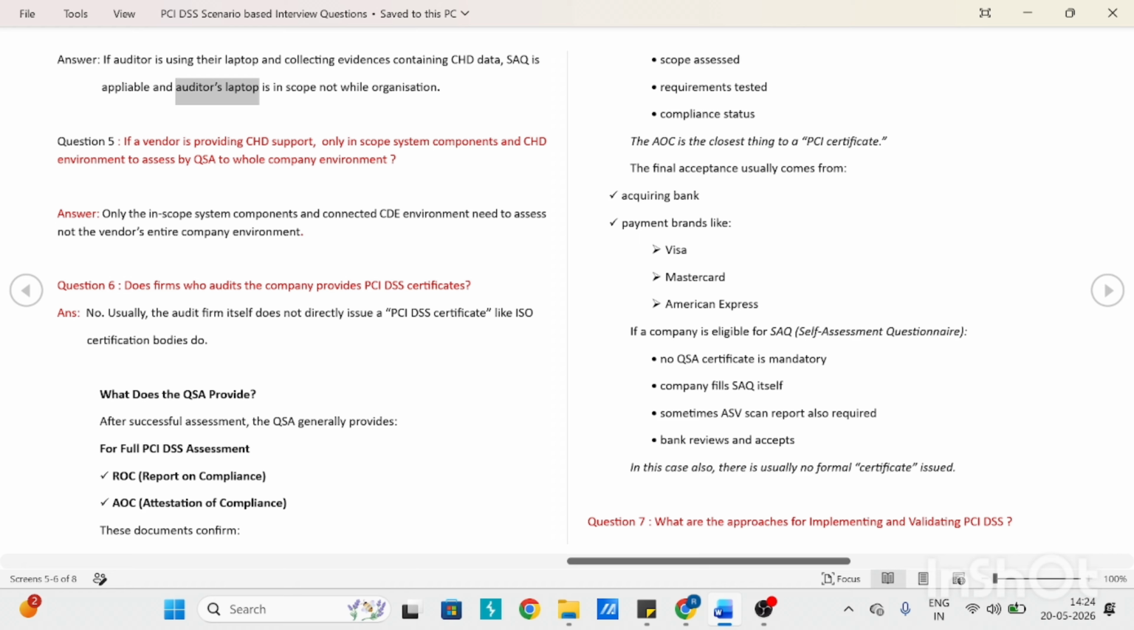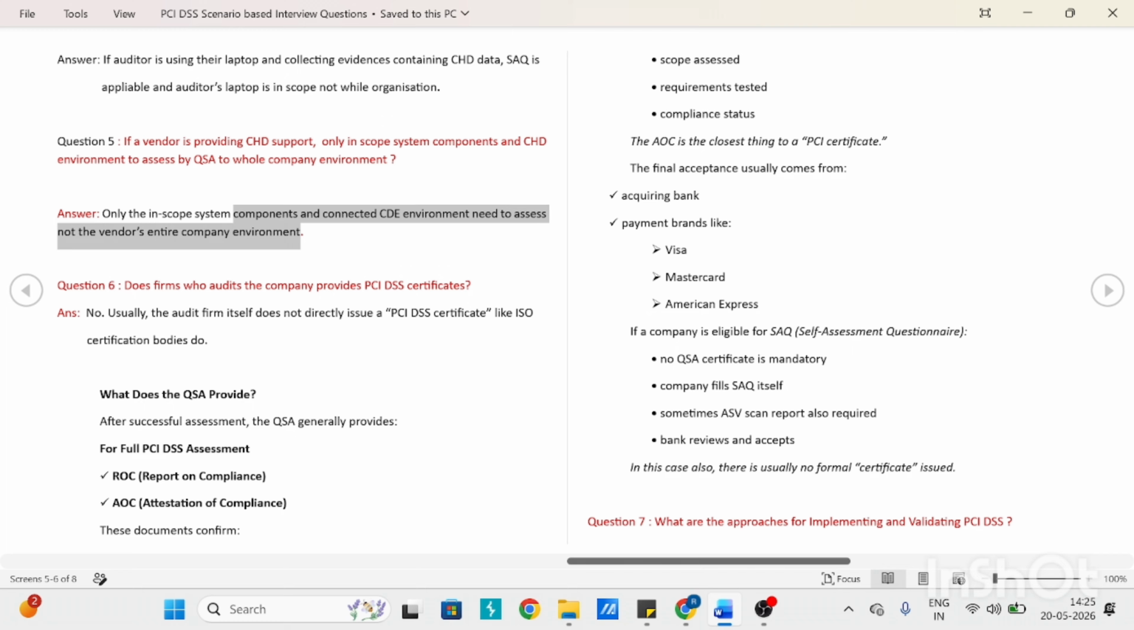Here is the next question: if a vendor is providing cardholder data support, is only the in scope system components and CHD environment accessed by the QSA, or the whole company environment? If I decode this question, does the QSA audit only in scope system components or the whole organization? Only the in scope system components connected to the CHD environment need to be assessed, not the vendor's entire